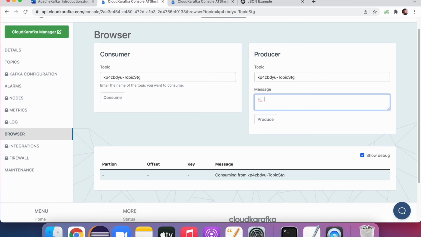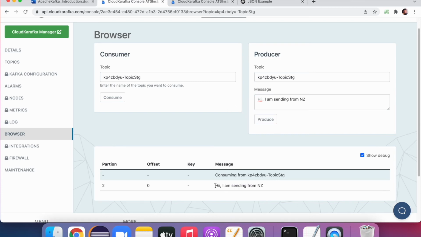Hi, I am sending from New Zealand. Let's produce this message. See, in this current topic, partition 2 and offset 0, so I am seeing this message. Let's say I am sending from India. Click on produce,